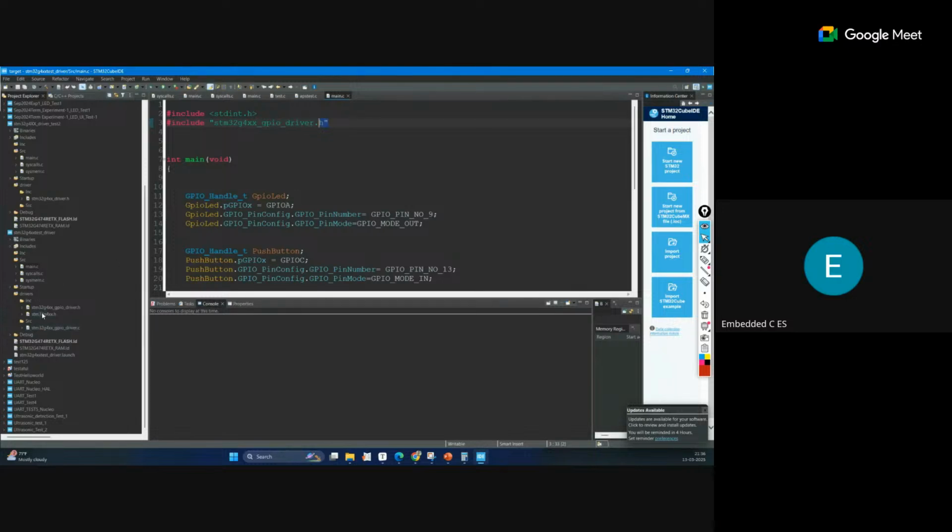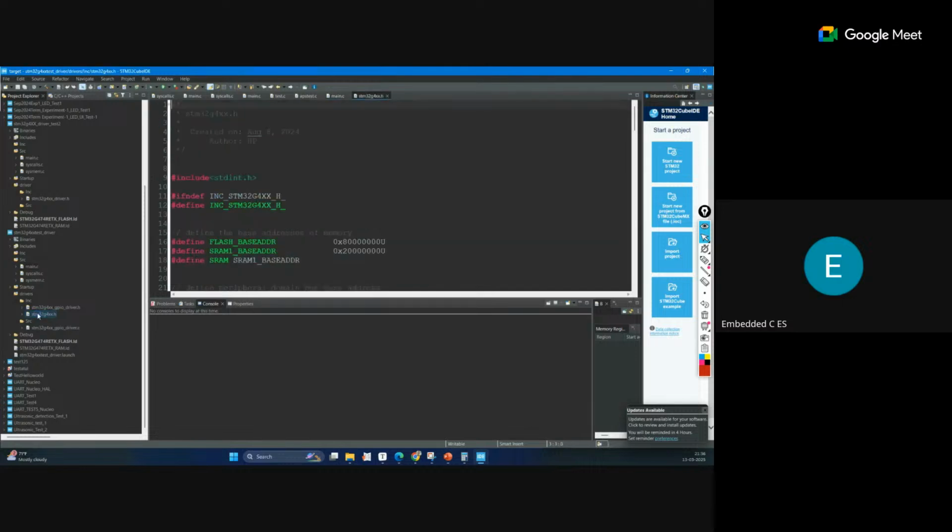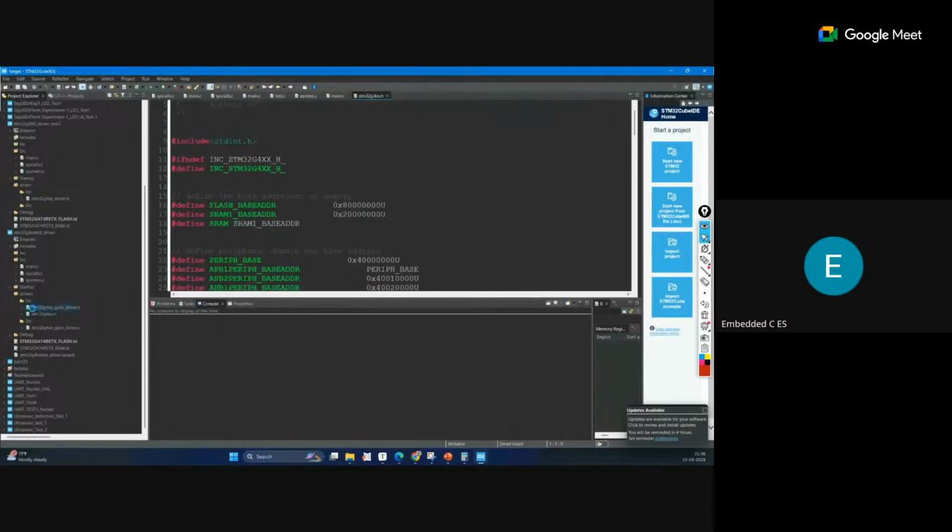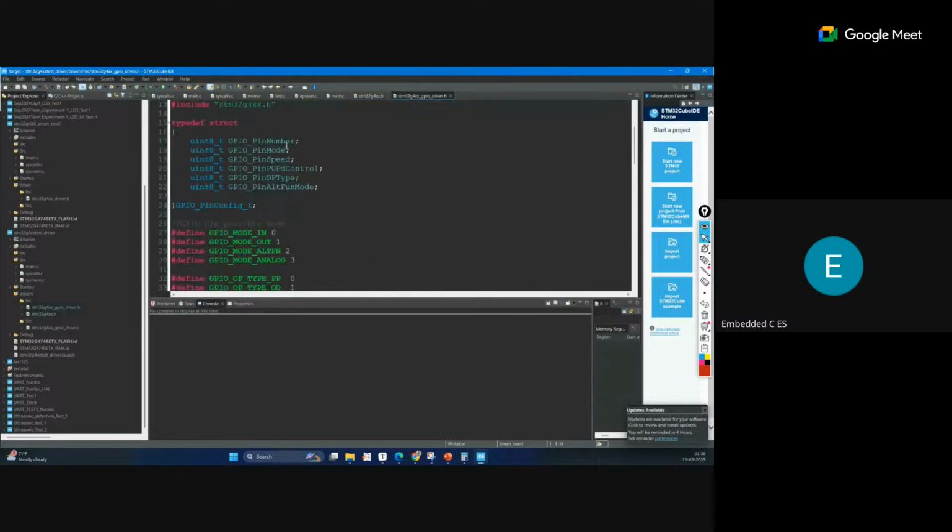If you see the header file structure for this, you will get all these memory addresses we have defined, mostly macros. This is the header file for gpio. You can see how we have defined the pin and GPIO number, GPIO mode.